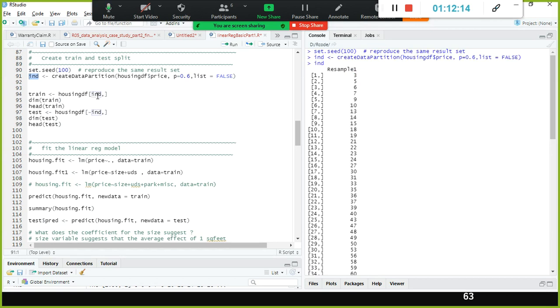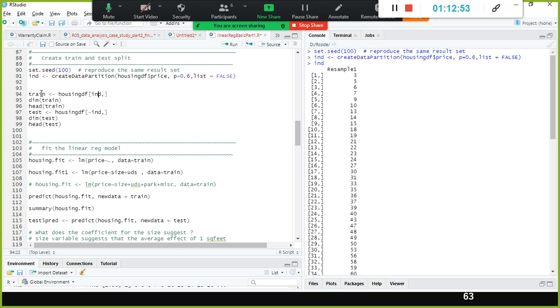This row ID, if I pass it once again as an argument to my data frame, what will happen? Here I mentioned a comma. So the third row, comma, the rest of the columns are also selected. Only in this step am I selecting the entire record data, in addition to the row value, right? You understood or not? Yes. The index indicates a row value, and after the comma you take all the columns. Excellent, Satish. So we are smartly selecting all the column values only in this step, right?